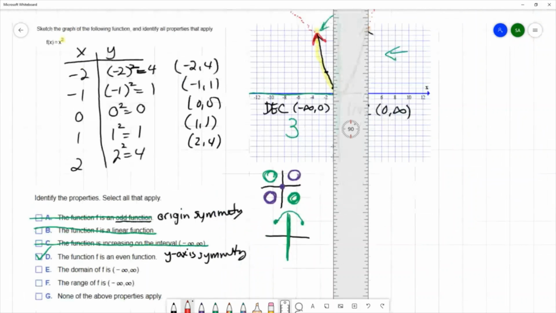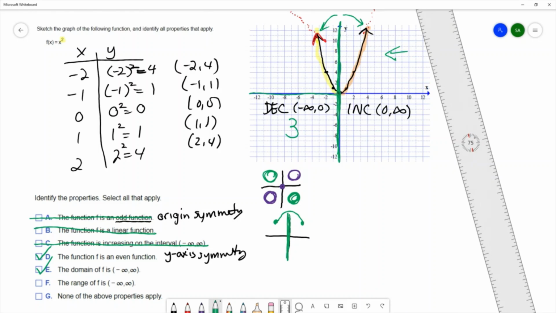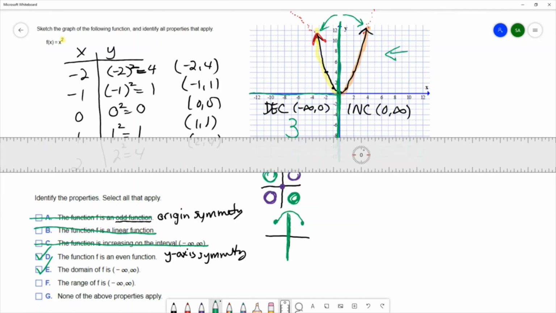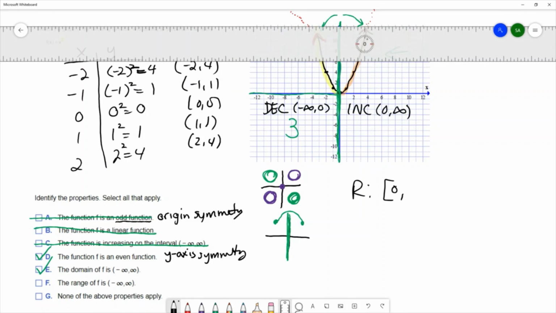So my domain on this example would go from negative infinity to infinity, and so this property is true. I would keep that one. The next property says the range is negative infinity to infinity, so I'm going to hold my ruler horizontally and go from bottom to top. The first time I hit the graph wouldn't be until I get to a y value of 0. So for this function, the range starts at 0 and continues on to infinity, and so I would not select